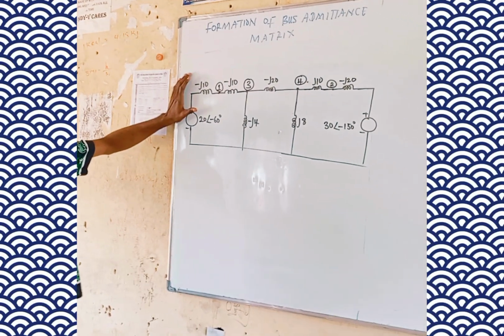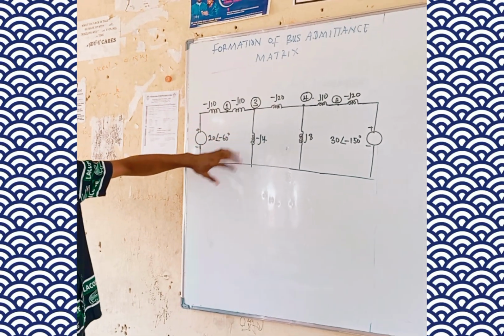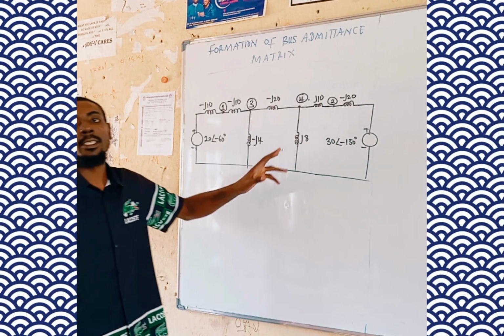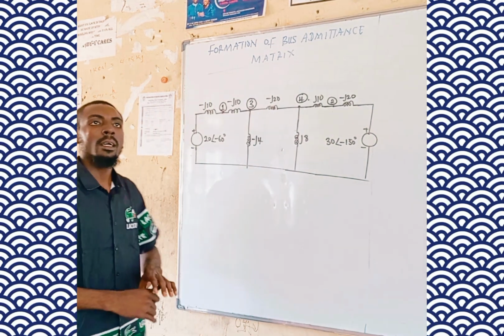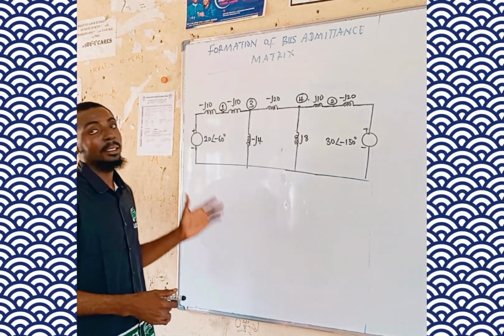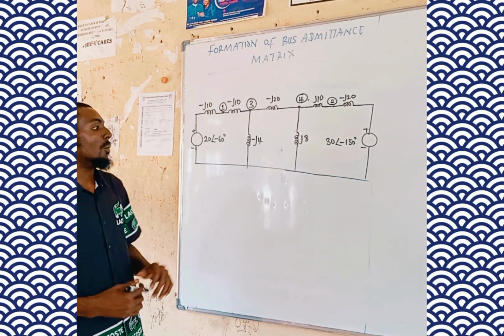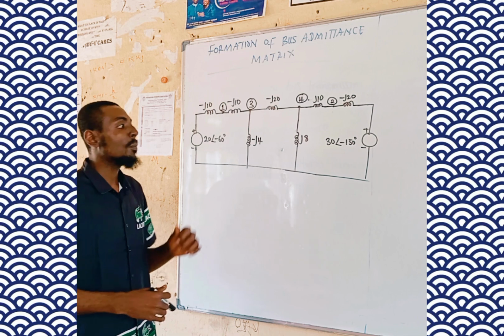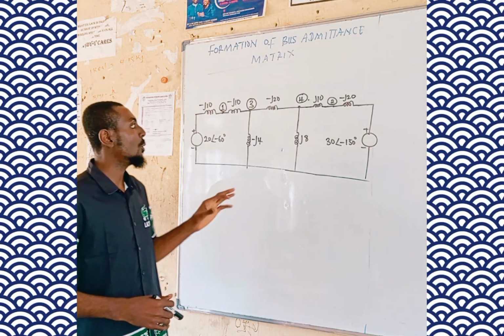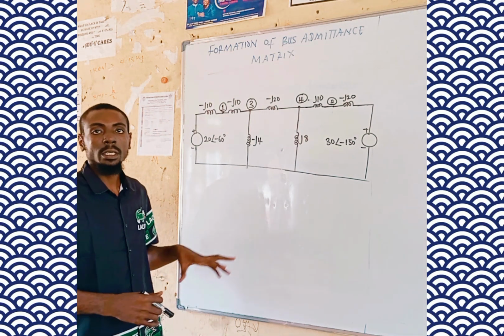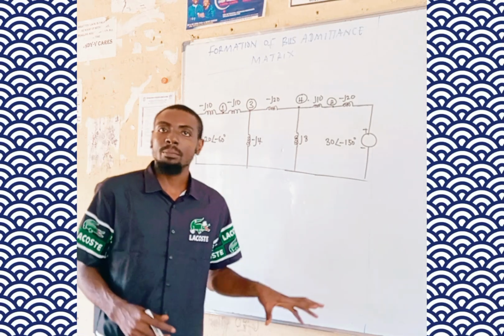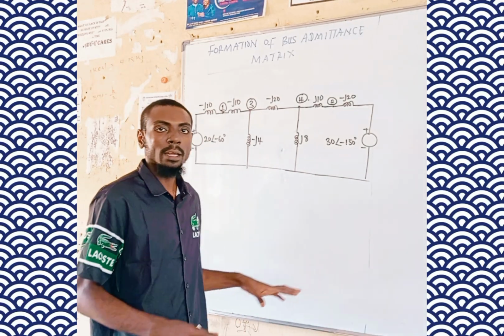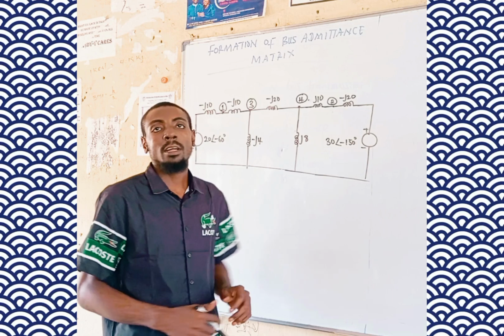We are going to, this is actually example 3, so we're going to draft out the bus admittance matrix of this interconnected power system network. As we already discussed in the previous video, I told you guys that the first thing to do is to bring out the self-admittance as well as the mutual admittance. So the self-admittance,